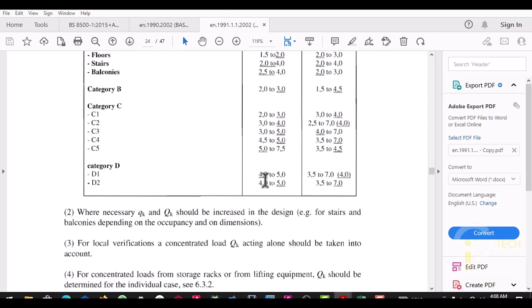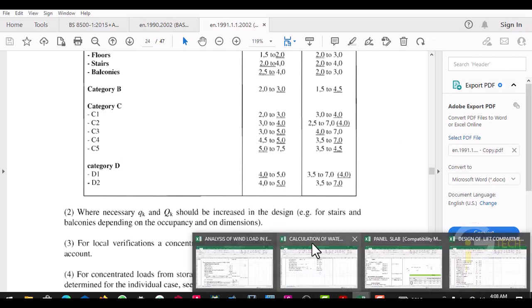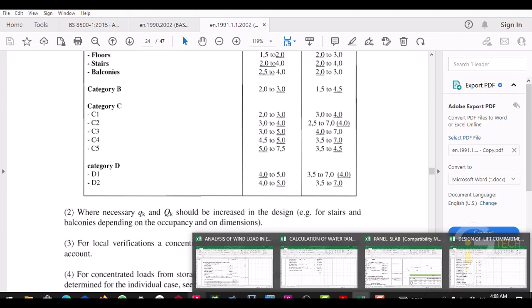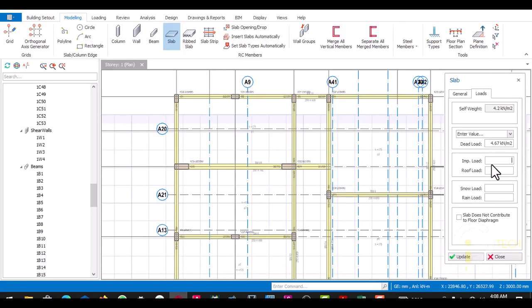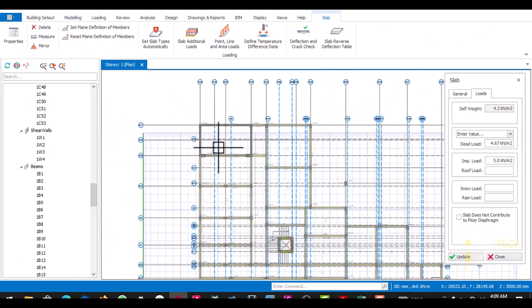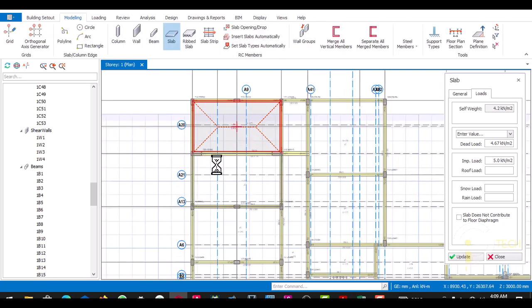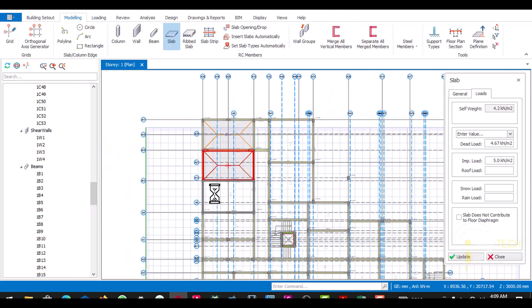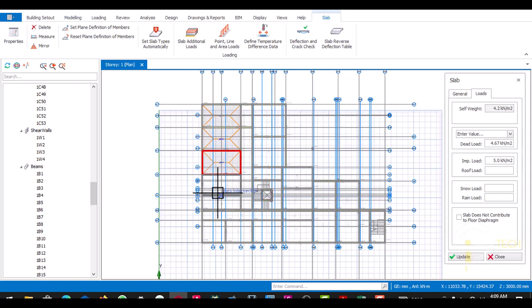So we are going to pick 5 as our imposed load. So we come back to ProtaStructure with 5 as our imposed load. So we are done with that. So we begin to insert our slab. So let's insert our slab very quickly, so that we can just see how we can